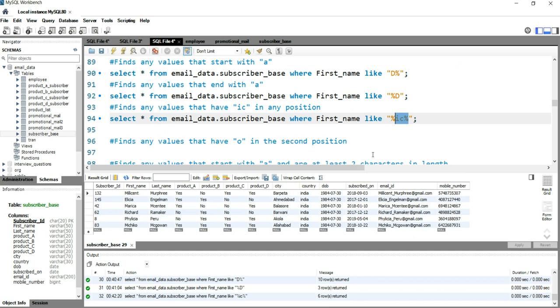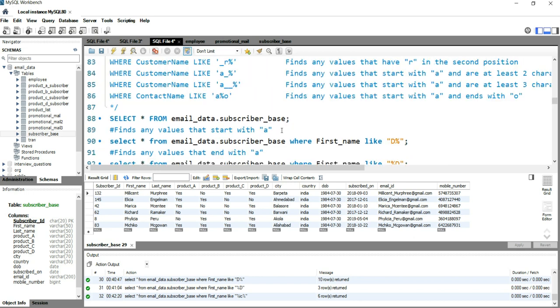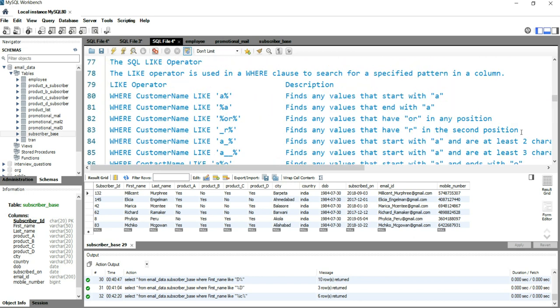Now our next question is to find any value that has T in the second position. So I want to find those names which have T at their second position.